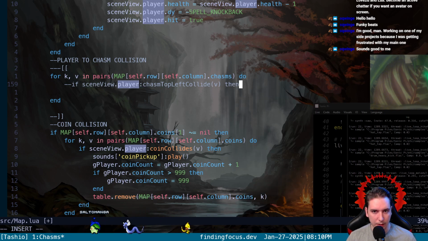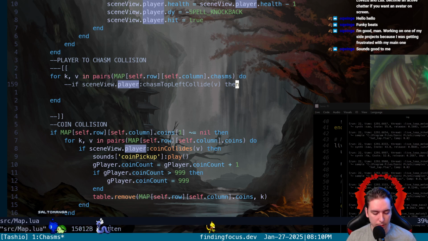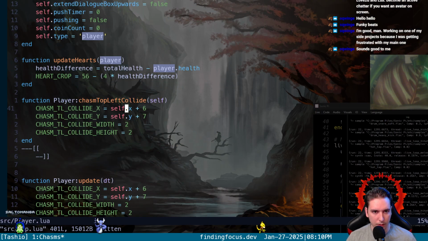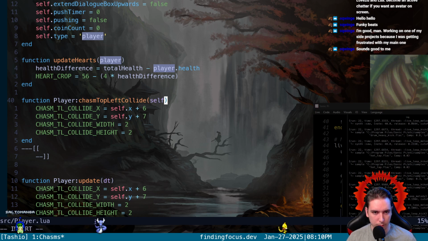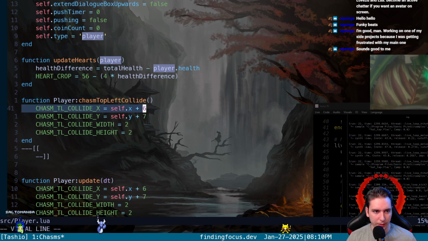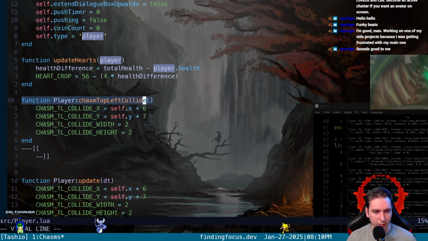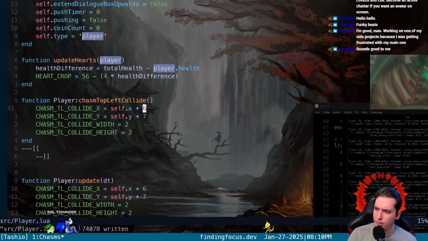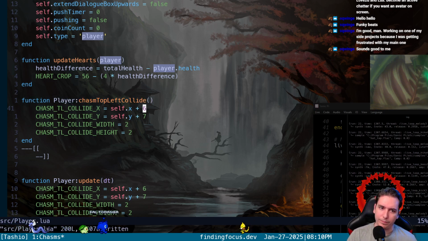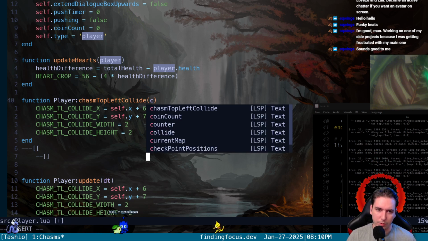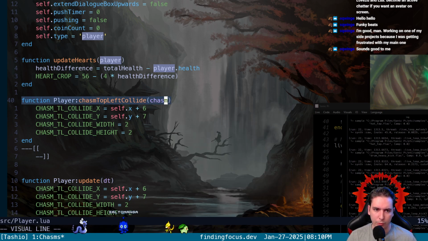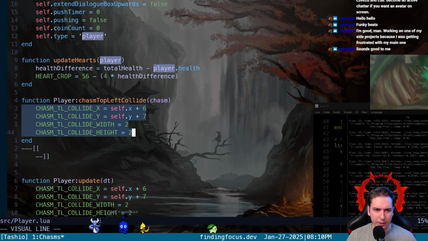And then here, we don't need self. We don't need to pass in self because this is a method running on the player. So it should have access to self. I'm thinking it does. So we can instead take in a chasm here as a parameter, and we calculate these